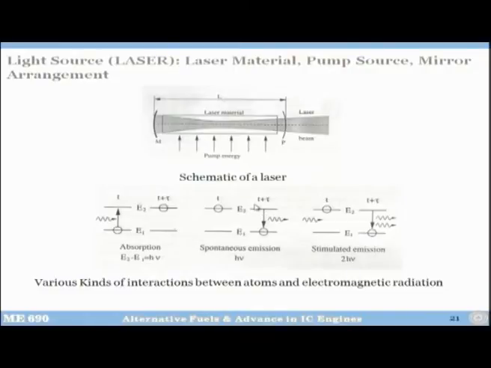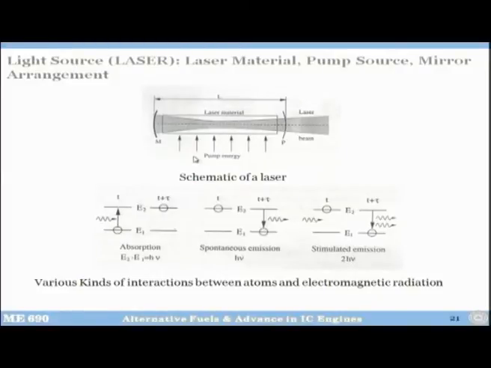But what you can do is that if your electron is at a higher state and you put another photon which again has the same energy h nu, this will trigger, this will stimulate the emission of radiation. So, one photon is going here, and it is forcing this electron to come back to the natural state, and two photons get emitted, and the wavelength of these photonic radiations will be equal to the difference in the energy levels. Okay. And this is called stimulated emission, and here the emissions will be 2 h nu.